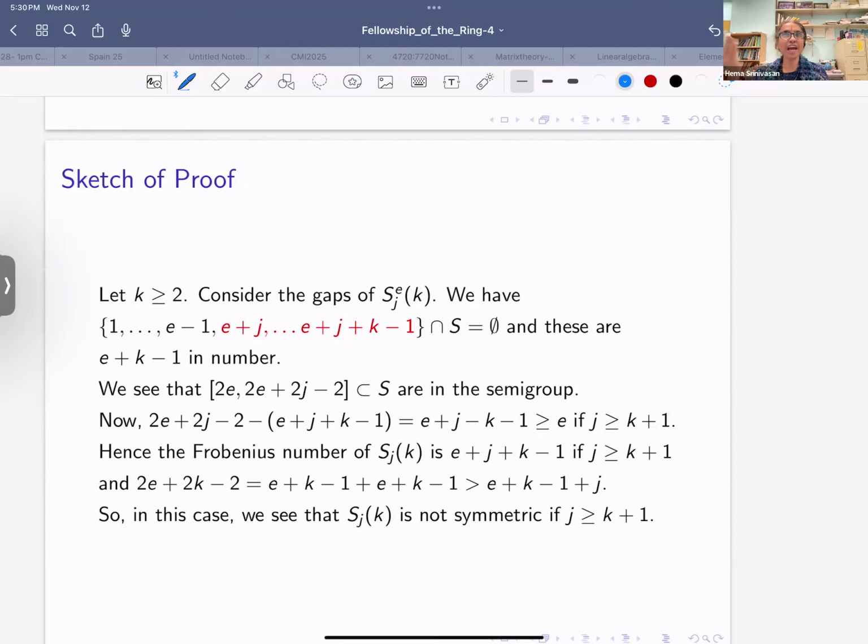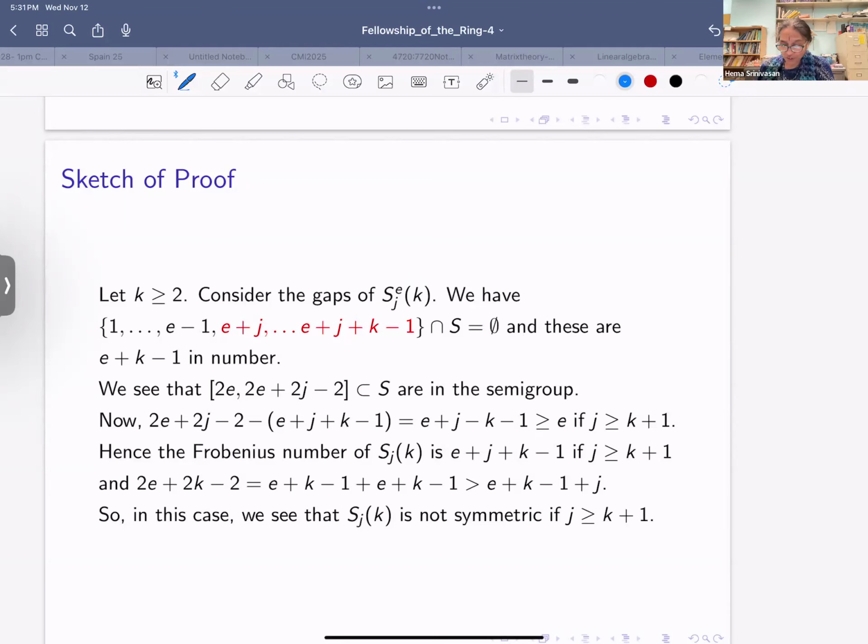So let us consider the gaps. These are clearly gaps, 1 up to E minus 1. And these are the new gaps I introduced. So I already now have E plus K minus 1 gaps. And then after that, we see that 2E to 2E plus 2J minus 2 are there, because when you have E plus 1 up to E plus J minus 1 there, all those sums are going to be in there. So if I looked at this, as long as J is bigger than or equal to K plus 1,